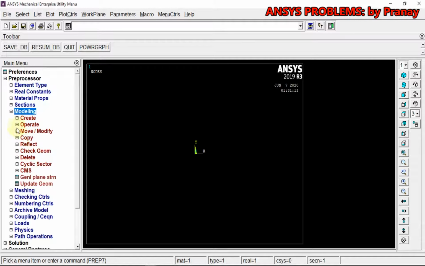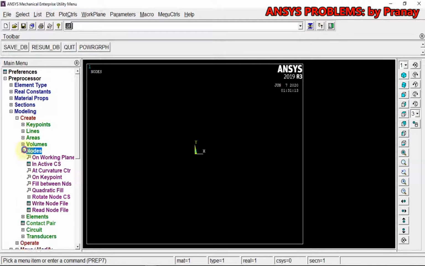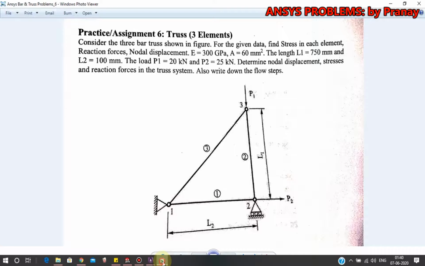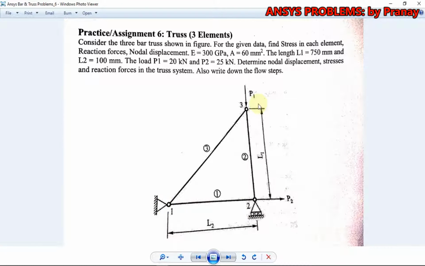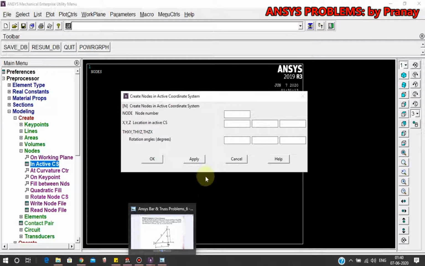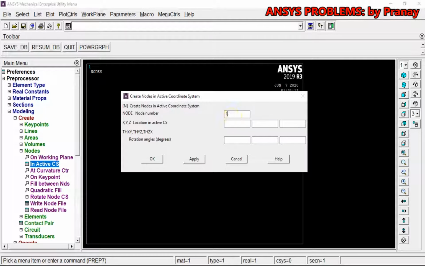Now for modeling I'm going to directly use nodes in active coordinate system. The first, second and third nodes: the first and second nodes are in the x direction only. So the first node is at the origin, the second node is at a distance L2, which is 100. Apply.